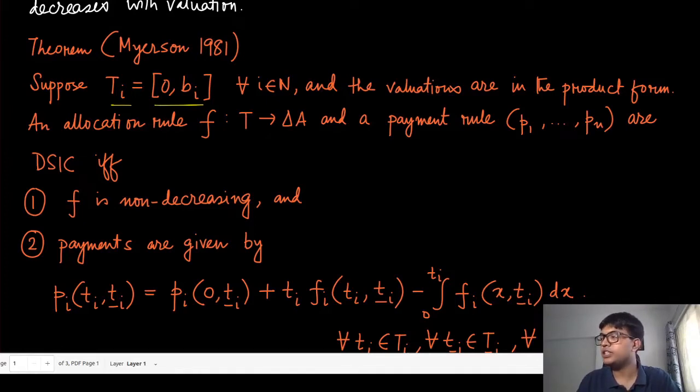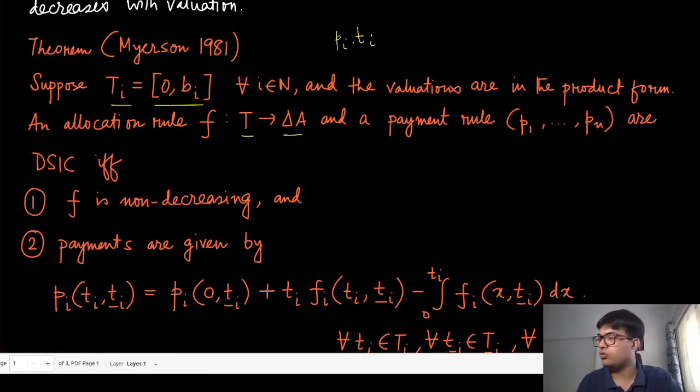And the valuations are in product form. This means that if you have a probability of allocation p_i and your value for that object is t_i, then your valuation under that rule is nothing but p_i times t_i. The allocation rule f maps the type profile into a randomized allocation,